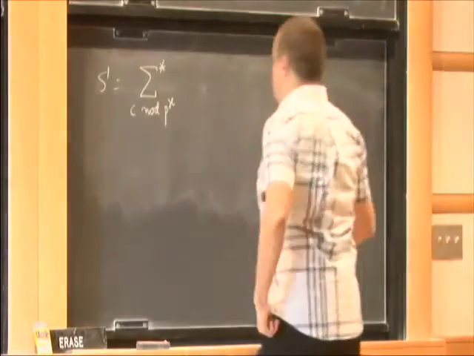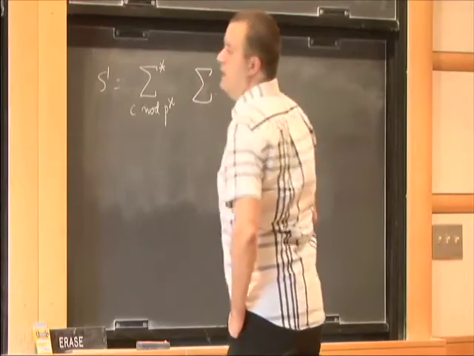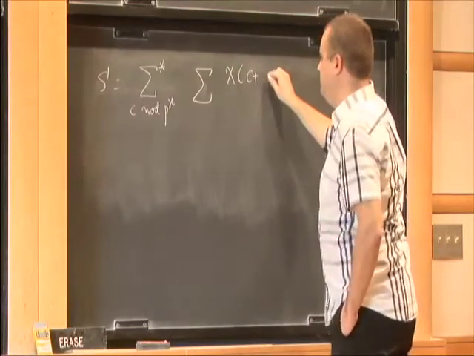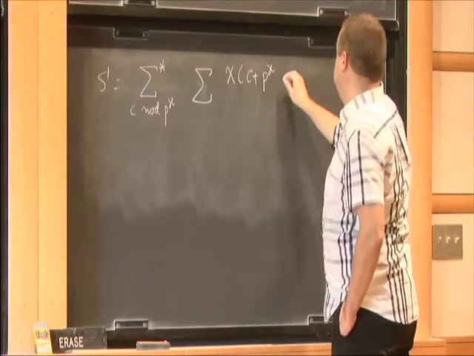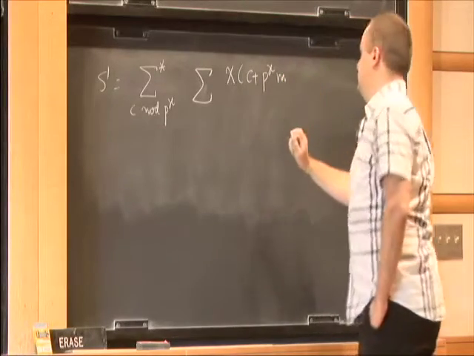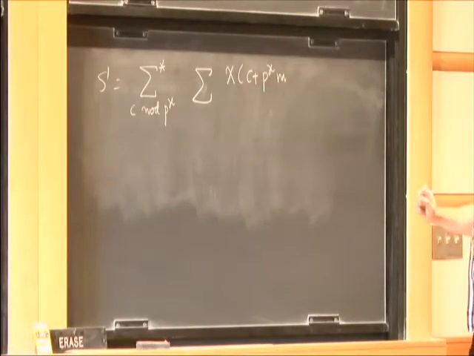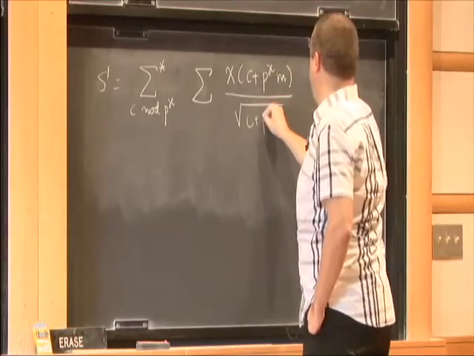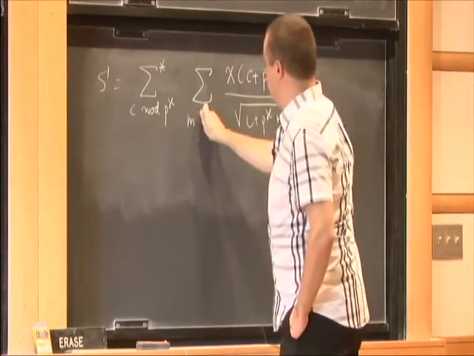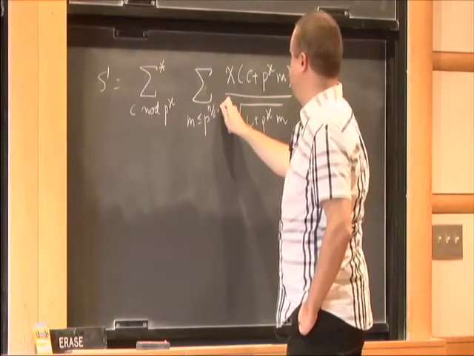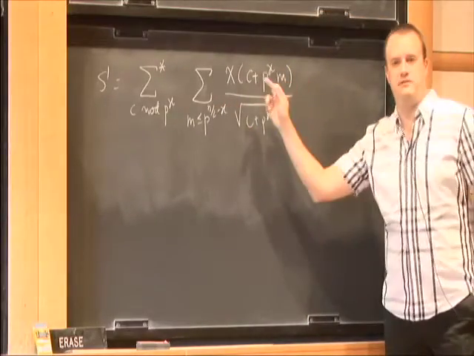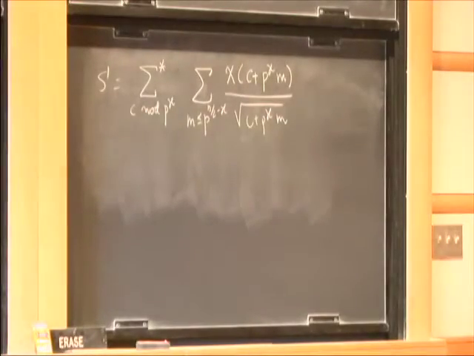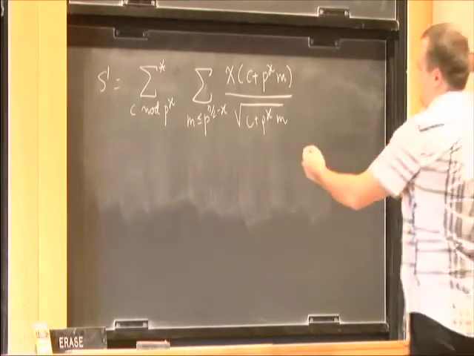Okay, and then I'm going to have the remaining sum of chi of something like C plus p^2 kappa m, over square root of C plus p^2 kappa m. And this m essentially goes up to p^(n/2 - kappa). Basically, I've written everything as the residue class modulo p^kappa plus a multiple of p^kappa. This is easy. And the reason why I'm doing this is that now, because this chi is a character,